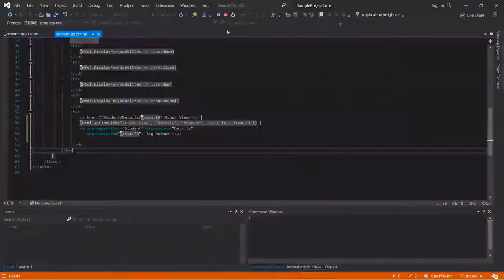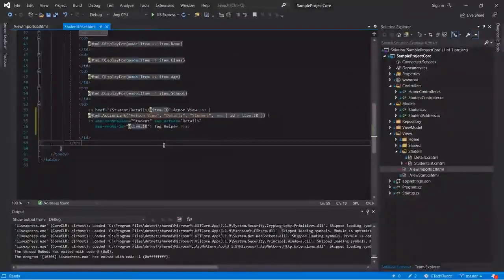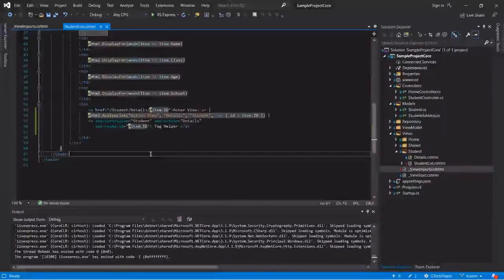Now let's understand the advantages of the tag helper. In ASP.NET Core MVC, tag helpers generate links based on the application routing template. That means in the future, if you change the routing template, the link generated by the tag helper will automatically reflect those changes made to our routing template. So the generated links just work as expected without any issue. On the other hand, if we have a hard-coded value in the URL path, like in href, then we need to change that path if we change our routing template.